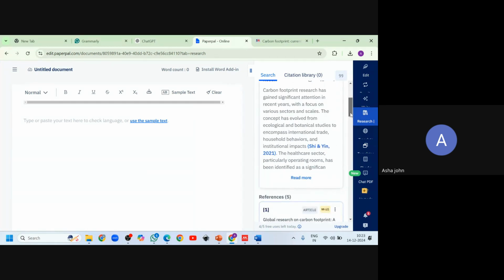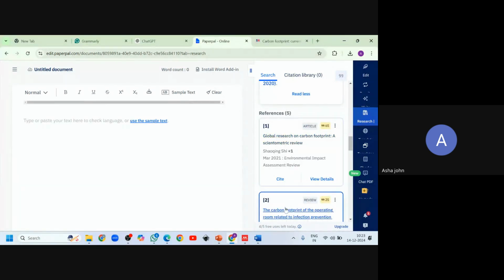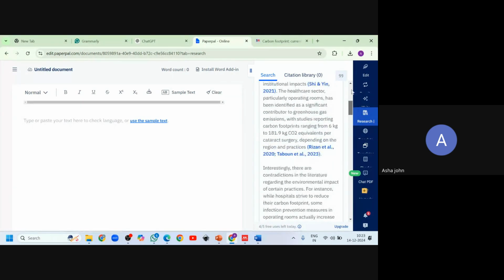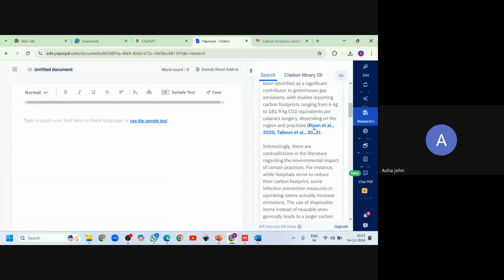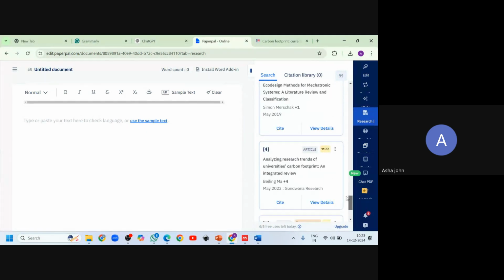Okay, here are the results. You can see you have a cited text, and the text of the citation is also provided here. The first one, the second one. But you should always read whatever the AI is generating. AI is not having brains. AI is not as intelligent as ourselves. We should always read what the AI has provided. So you can go through this, understand what the citations are, and then put that as literature in your paper.